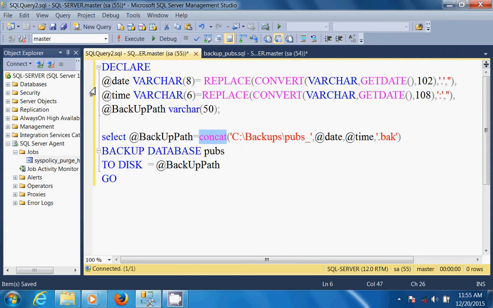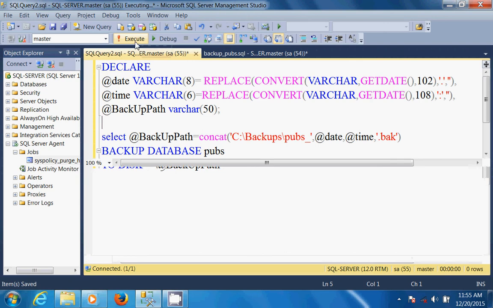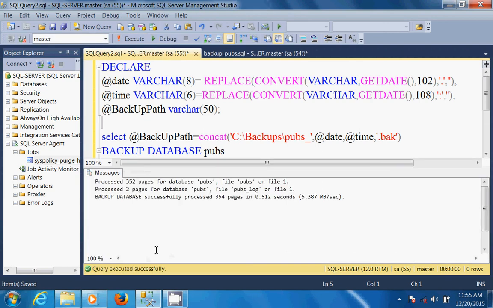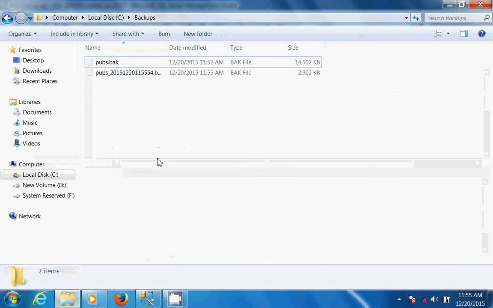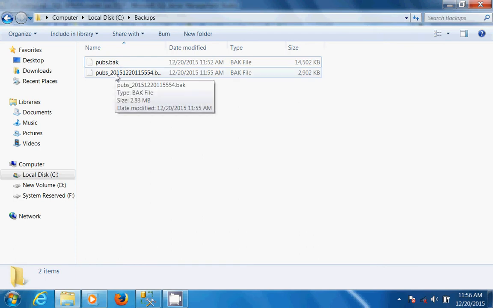When I execute this same statement, it will create a backup in the backups folder with the client requirement format. So let's execute this. It is executed. Let's go and check that. See here, the backups are different, it is not replacing the previous backup.